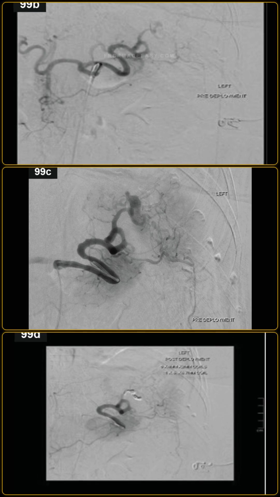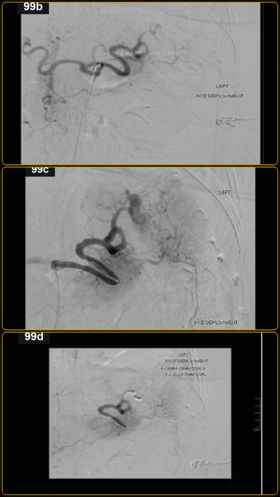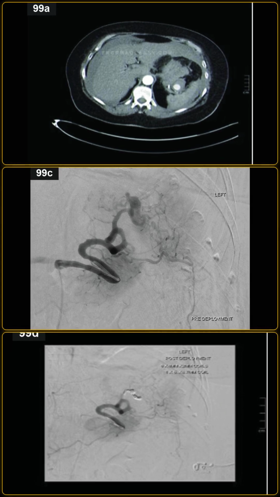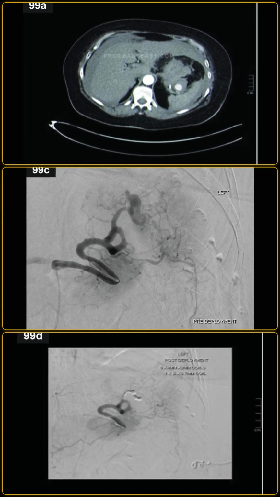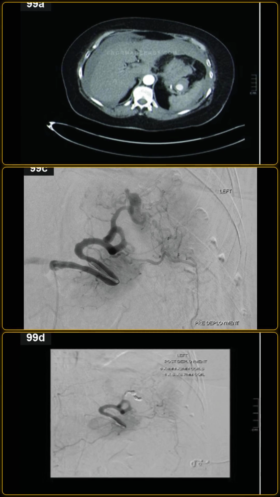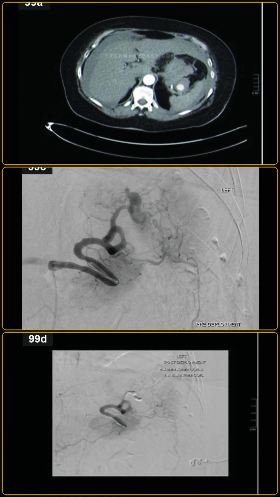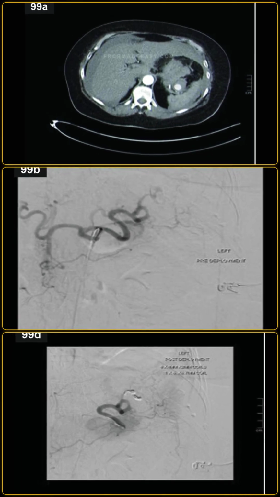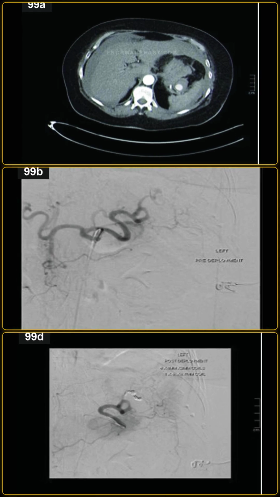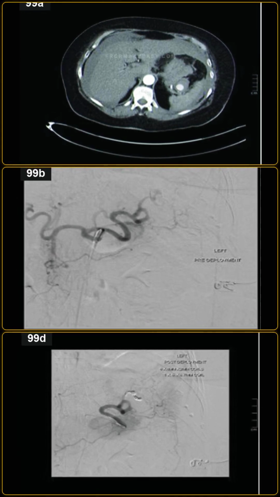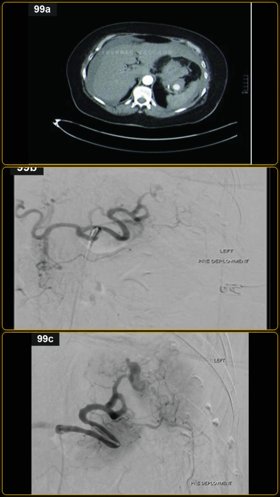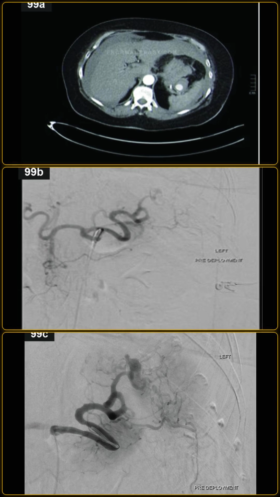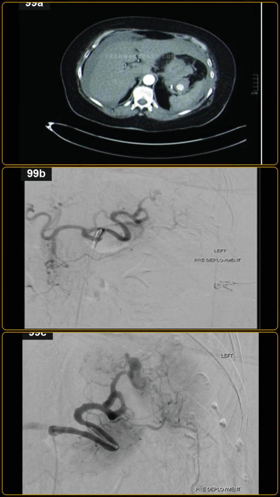Risk factors for rupture or enlargement include pregnancy, portal hypertension, and liver transplantation. For asymptomatic true splenic artery aneurysms, conservative follow-up with annual ultrasound or CT is advised if the size is under 3 centimeters. Treatment is indicated if the aneurysm is 3 centimeters or larger, or in patients who are pregnant or planning pregnancy. Endovascular coil embolization is the preferred minimally invasive modality, while surgical excision or splenectomy is reserved for cases